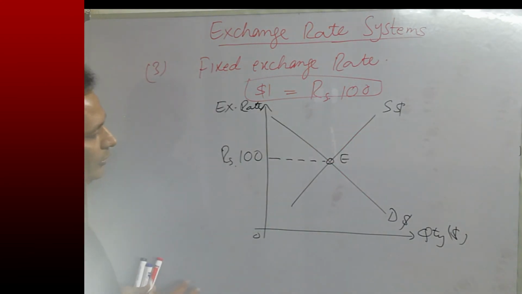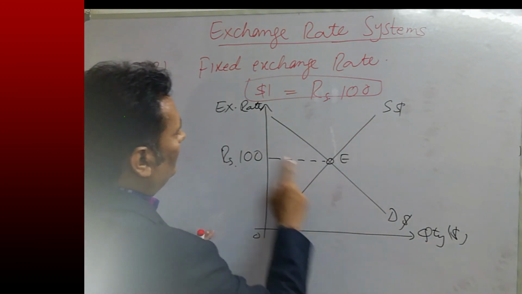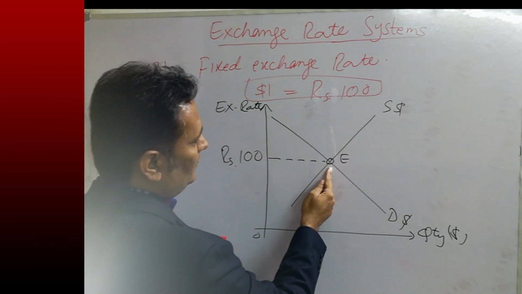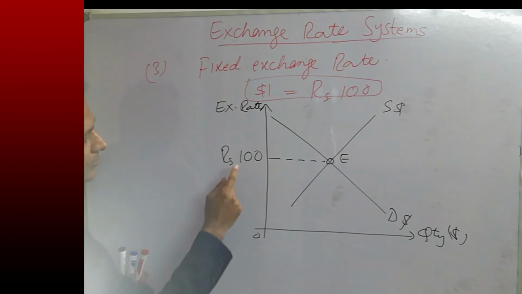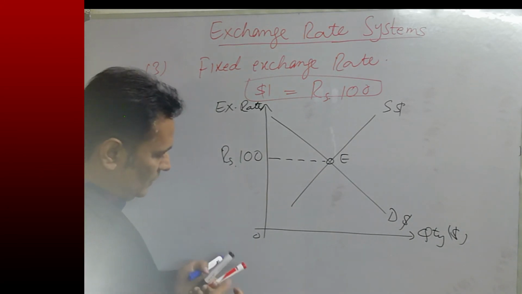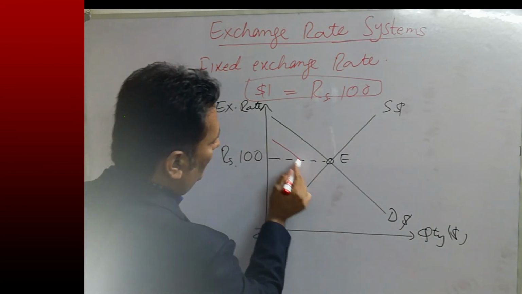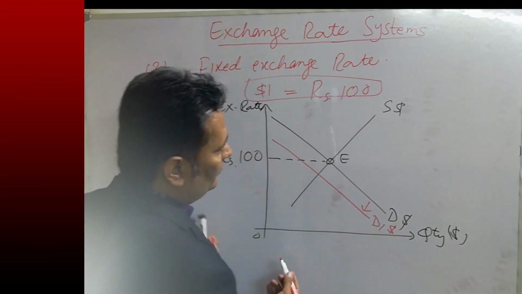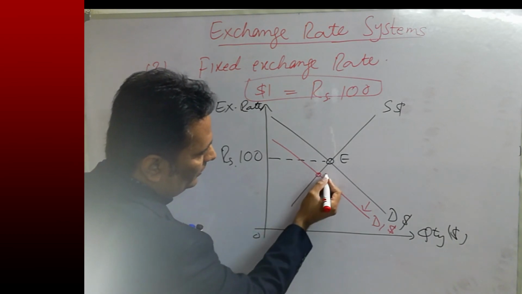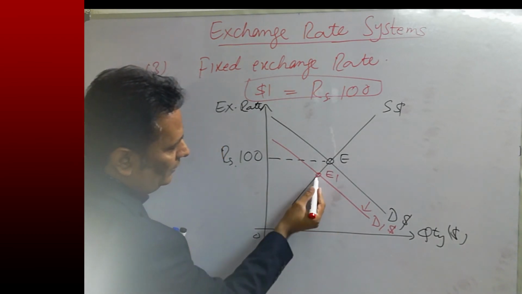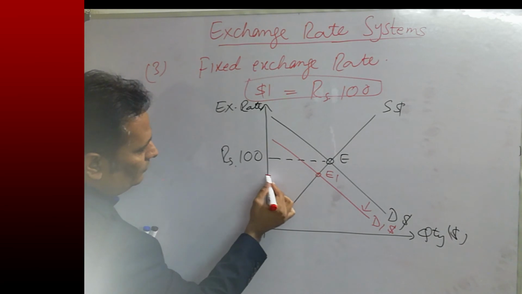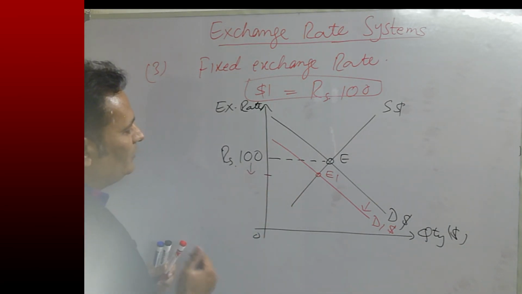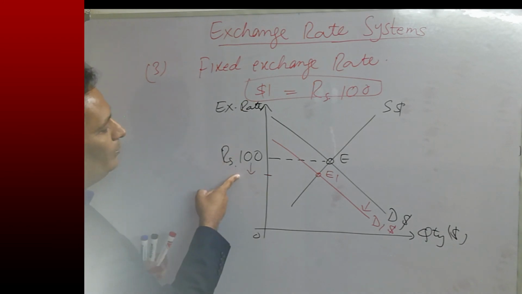We have initial equilibrium, we have quantity of dollars on X, exchange rate of dollar on Y, demand for dollar and supply of dollar. This is equilibrium point which shows that $1 can purchase 100 Pak rupees. Now if there is decrease in demand for dollars, then demand for dollar curve will shift to the left as a basic principle, and new equilibrium is expected to shift to E1, where you can see that exchange rate will decrease below 100. But central bank has promised that exchange rate will not go below 100.